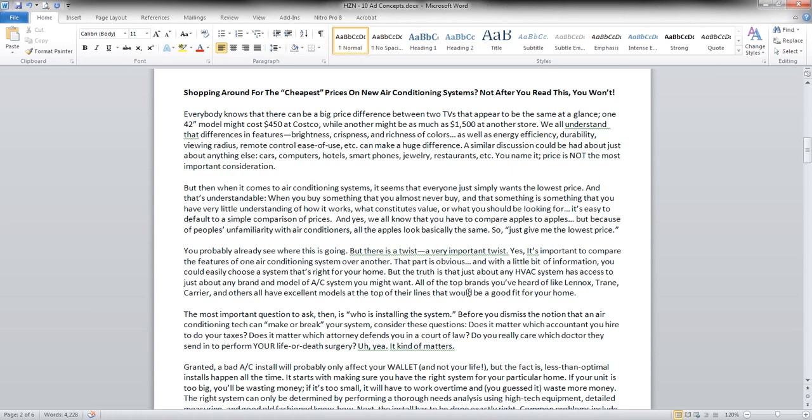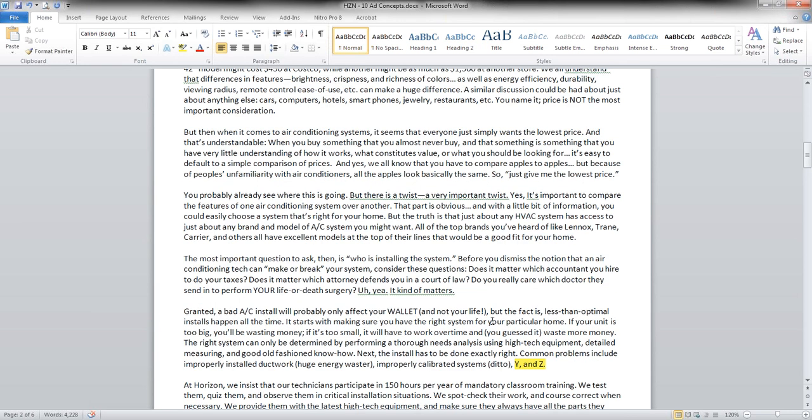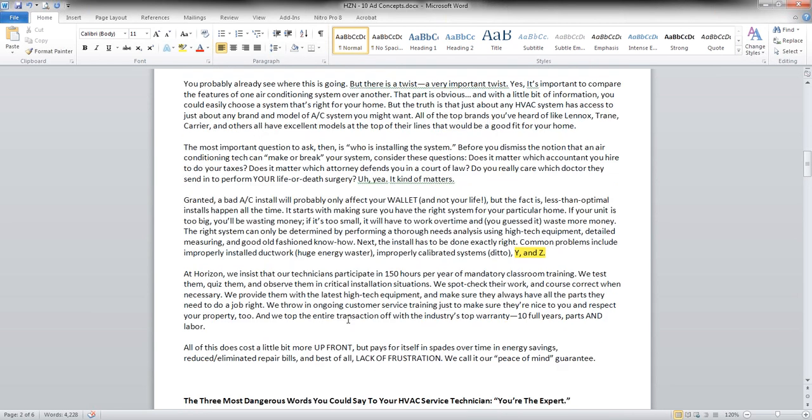You write the article about this topic, okay? And then we talk about what the important elements are. There is a twist. It's important to compare features, and so on. But here's the most important question: who's installing the system, etc. Now, you can make these geared towards your company, or you can make them generic. So, for instance,